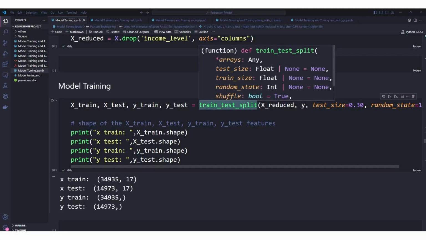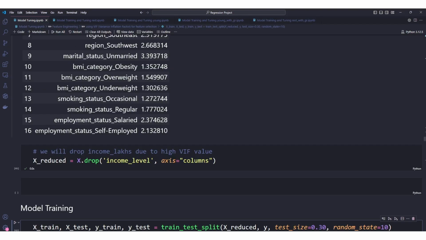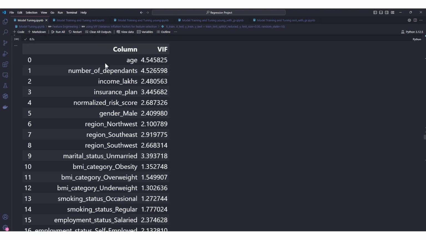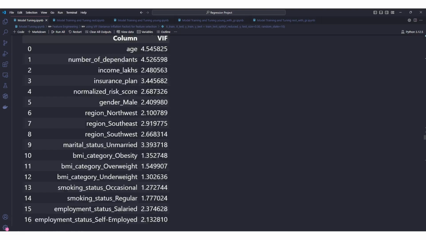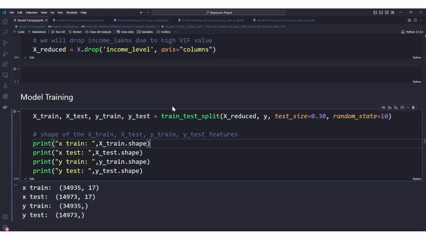Everyone, in today's video, we're going to work with the model training and tuning portion of our project. Previously, we did the feature engineering, and based on the variance inflation factor, we selected our feasible columns to train our model. Initially, in the model training section, what we need to do is create the training testing split